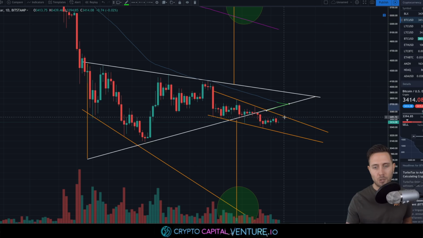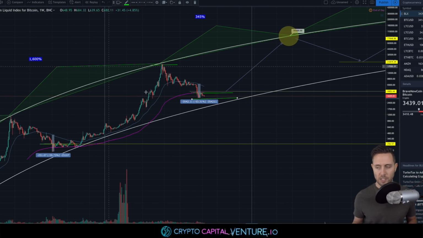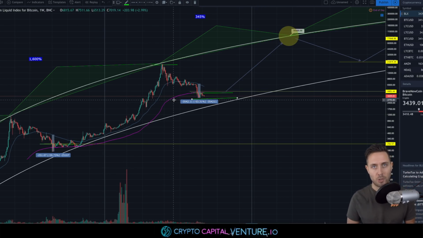You can see some sideways trading in the last few days, and I don't want to keep doing the same videos tracking the current movements within this small range for Bitcoin. So let me know your thoughts in terms of these moving averages, in terms of accumulating. When is a good time to accumulate, especially as many people are talking about Bitcoin as a store of value? Wouldn't it make sense then to buy the fear? Let me know your thoughts.